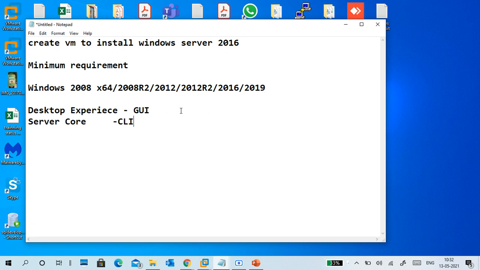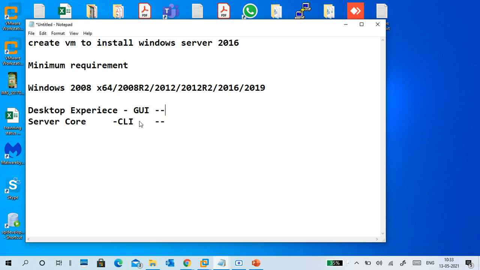Believe me, I tried on 2008. Of course, at that time it was 32 bit, so many years back, almost 2013. I had to teach both GUI and CLI for server. With CLI almost every time it failed. The big commands, 3 or 4 lines of command, one single command to set up something. So it is compulsory for a person to have knowledge of server core, but the requirements are less.